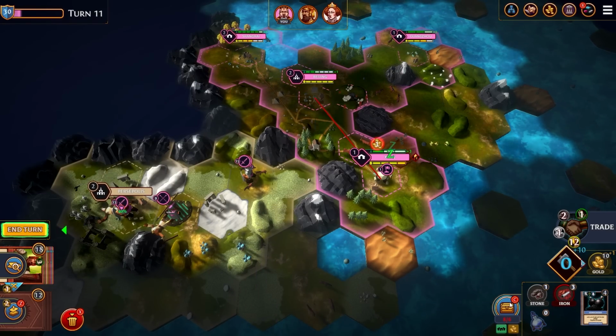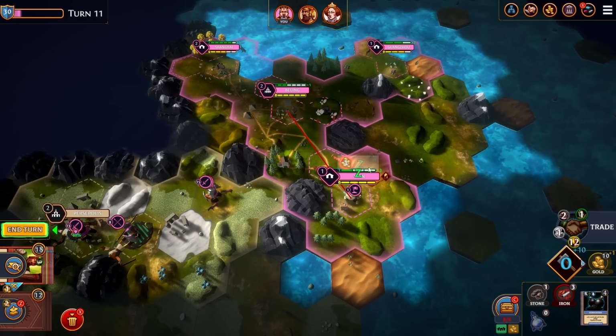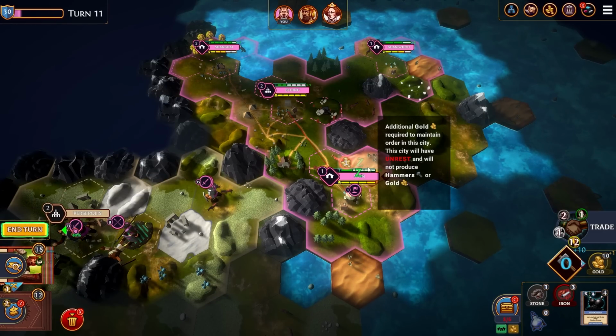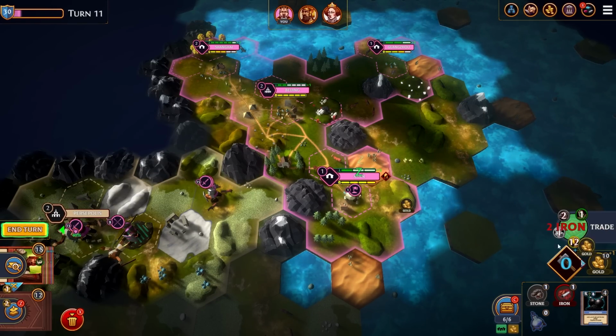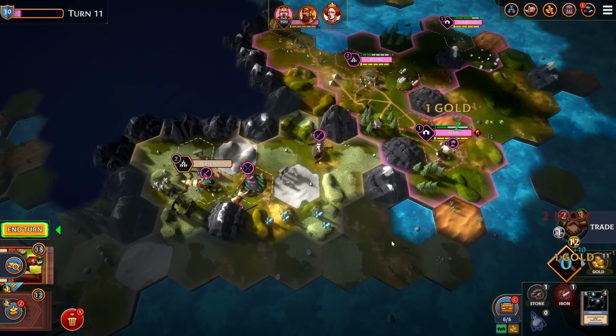Now you notice that our inventory is at capacity. You can expand your inventory. There is a card called the warehouse that allows you to do that. But I just have extra iron. I don't need it. I'm going to sell it on the market and gain some gold back and end the